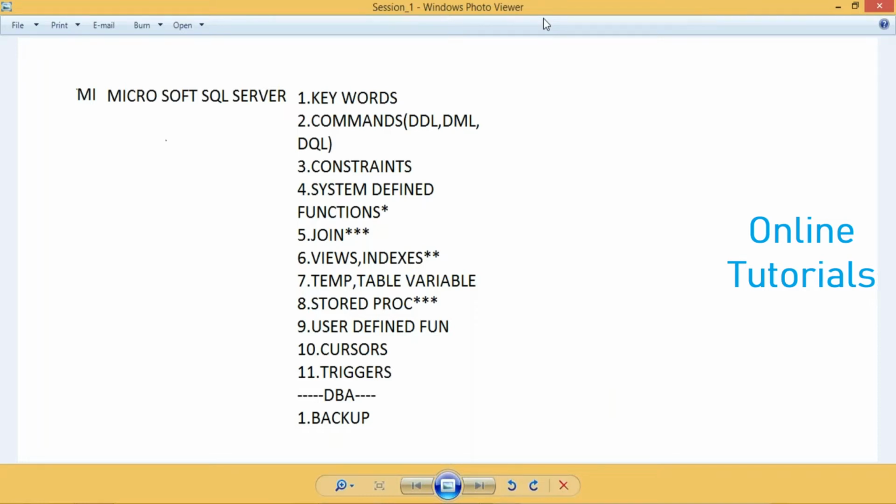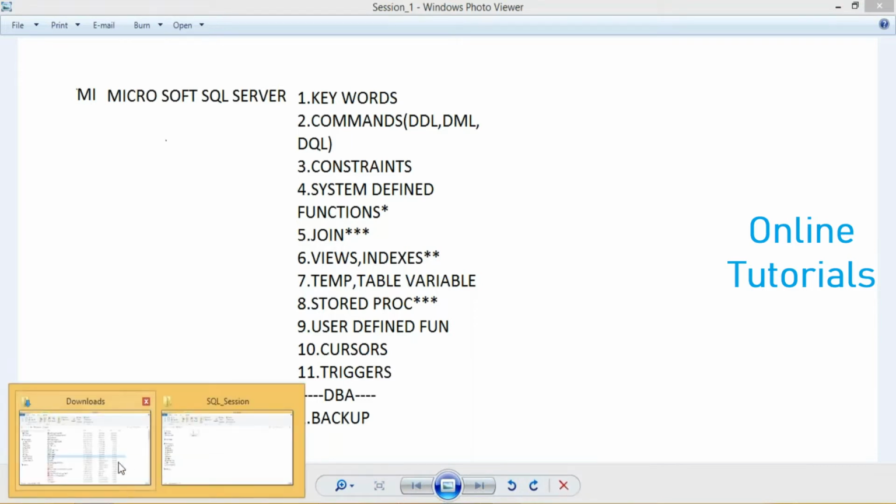So yesterday we discussed all the SQL Server concepts, and now we are going to proceed with the keywords. Today's class we are going to cover the keywords, commands, and constraints. All right. So before going to that, you are supposed to